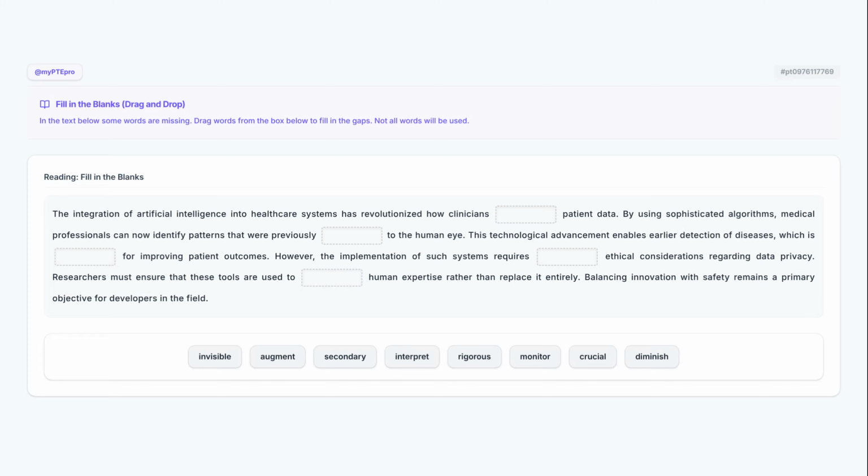I'm your instructor for my PTE Pro, and today we are diving into a crucial part of the academic reading module, fill in the blanks, drag and drop. This task isn't just about vocabulary. It's about understanding how sentences connect and how context clues guide us to the right choice. Let's sharpen our skills and look at how to break down a passage to ensure every word lands in its